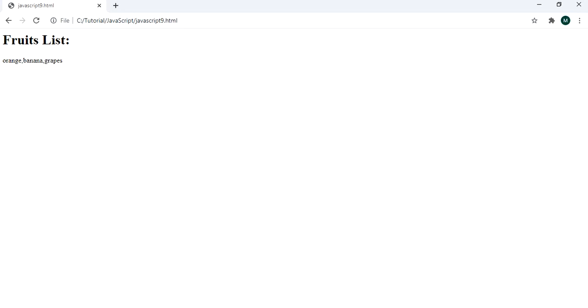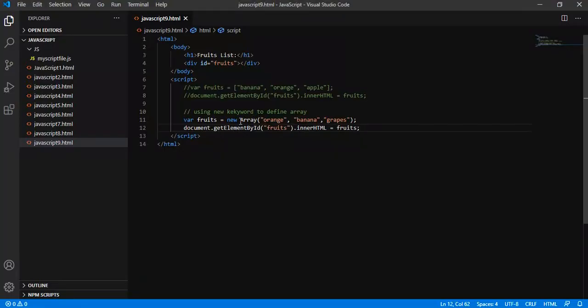So in the previous two examples, we are defining the array with the help of giving some values, but in the second way we have used the keyword new. There is no need to use the new keyword and define the array in the form of new Array, and inside the brackets give the values.